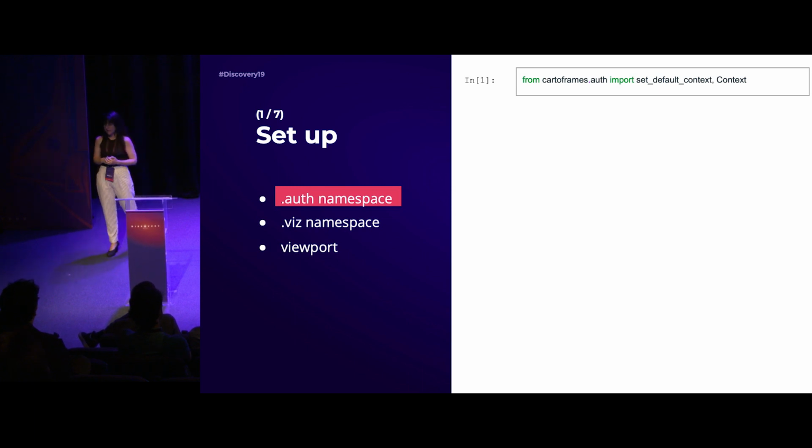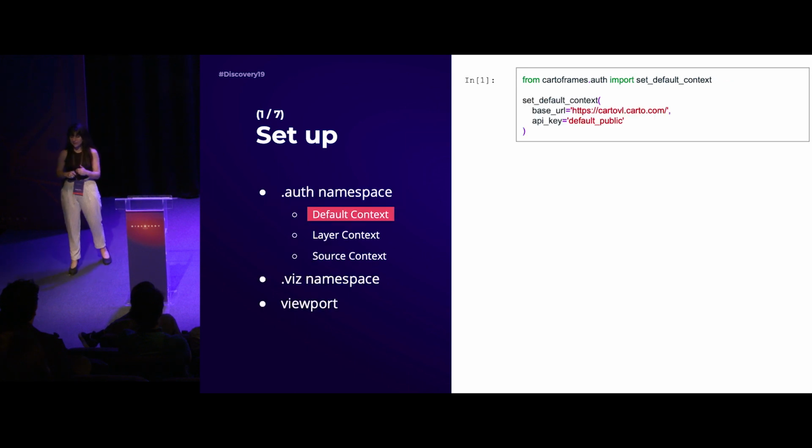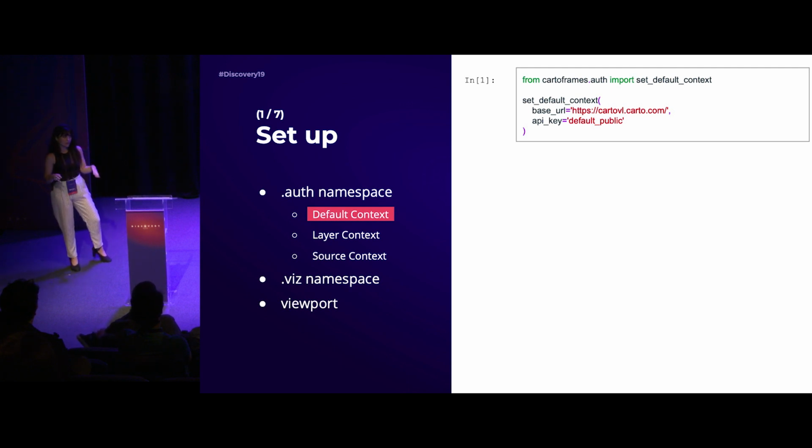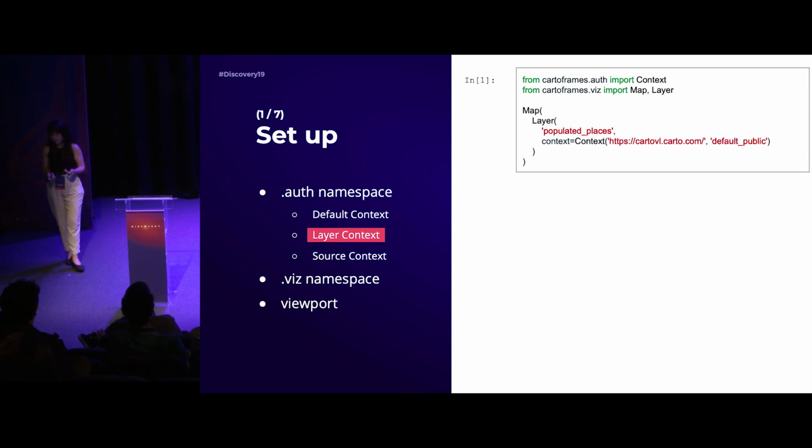In this case, we are going to use the context. There are 2 ways to set the context. The first one is by the setDefaultContext function that lives in the auth namespace. And you have to pass the base URL and the API key of your account. In case you want to use a public dataset, then you can just write default public, and you can just use it. This function is going to tell CARTOframes that you are always going to be getting data from this context. But you can also